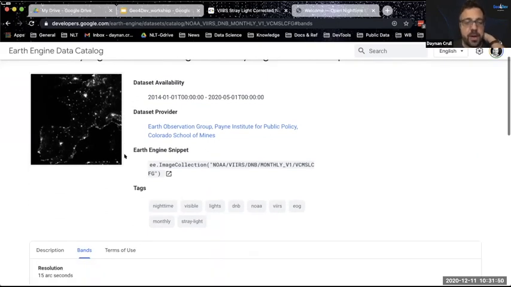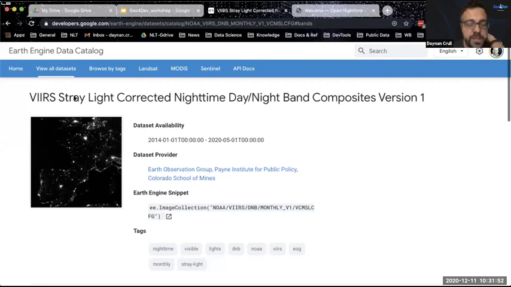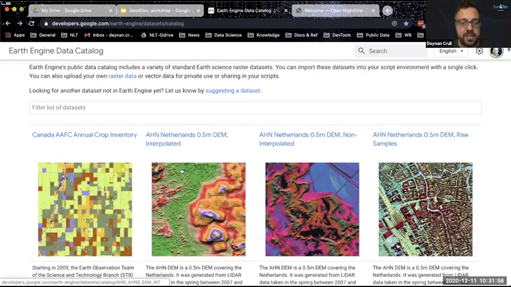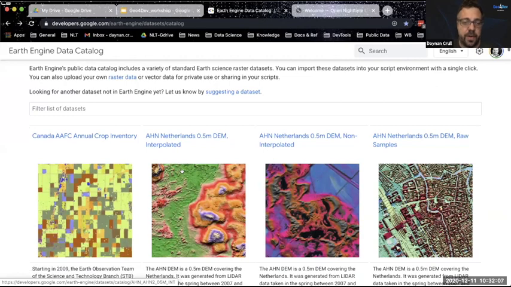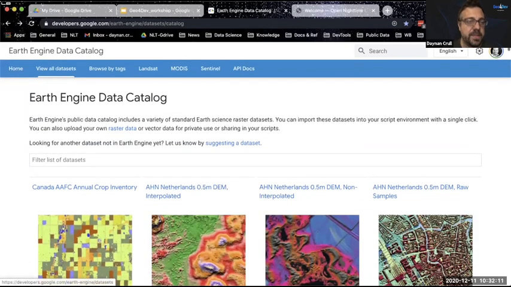Obviously, feel free to go ahead and go explore. And obviously, we're focusing on nighttime lights today, but there's a lot of different types of data out there. And Google Earth Engine, if nothing else, is a catalog of these data and these products in various tiers of availability and processing. So that's, I think, one big advantage of Google Earth Engine.